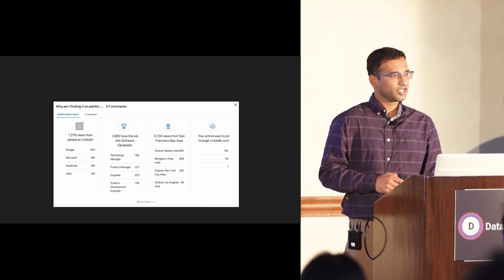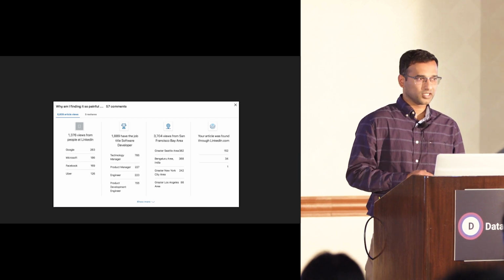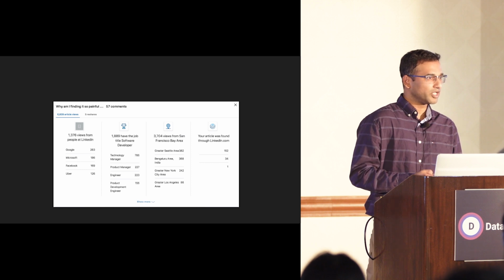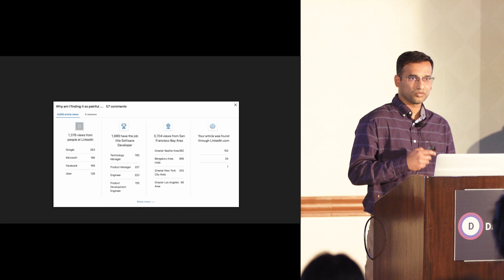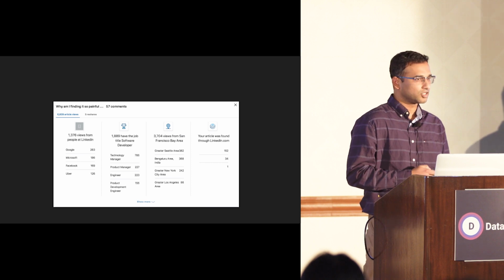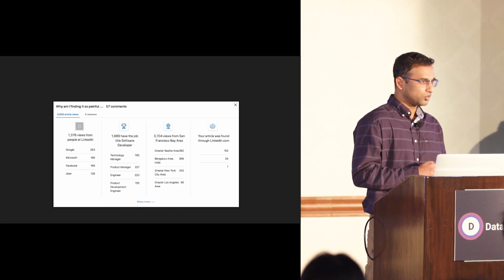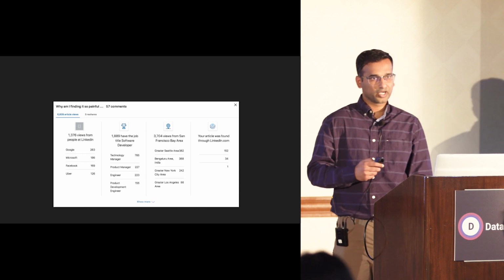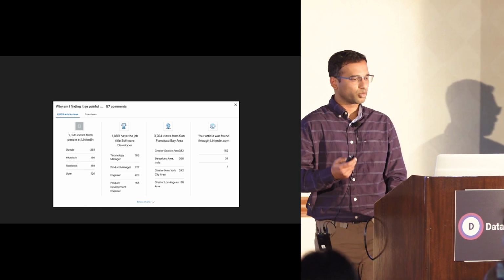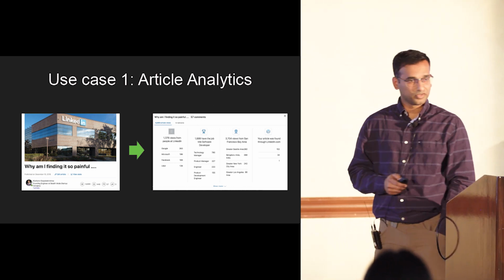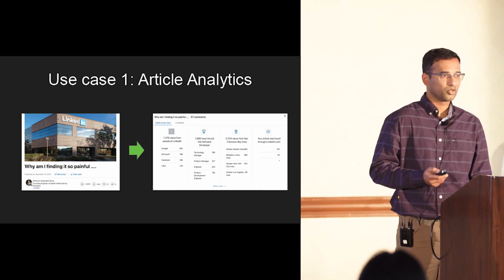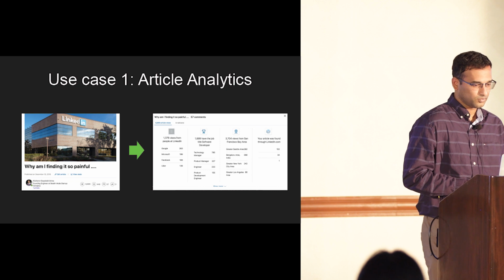So the first thing that I will basically take up is how did we actually come up with this? What happens behind the scene to power such a thing? So in case in your company you have this activity stream, activity data that is coming from your users, what can you do with it? And how do you build a product that can actually take the data and build more products? So the first use case that I'm going to talk about is providing analytics on this article views.